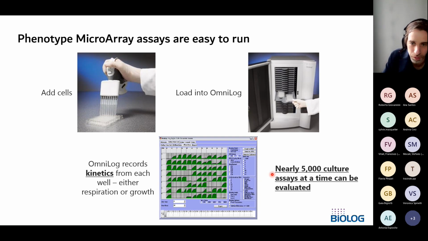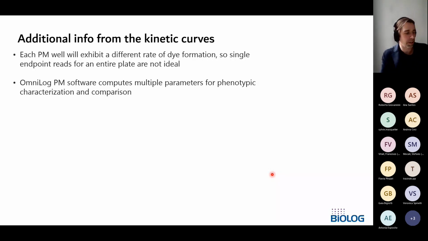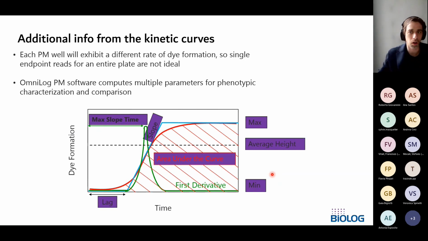It can give you 5,000 different tests done at the same run. You don't need, again, to run all the plates. You can run only 1 or 2, depending on the extent of your experiment. But the OmniLog obviously helps a lot, and also unlocks